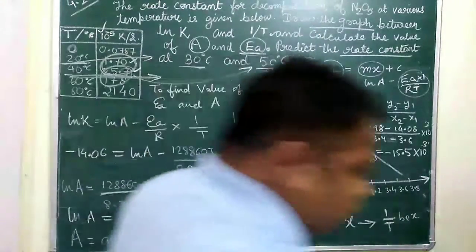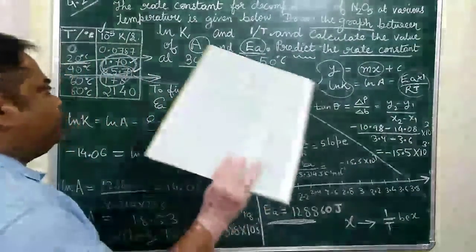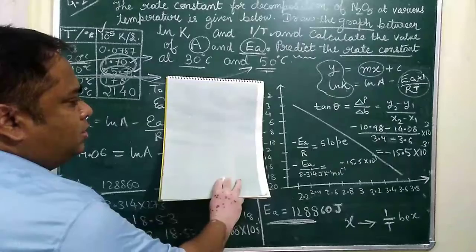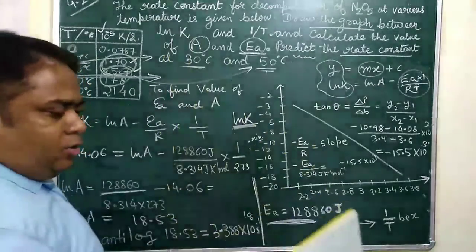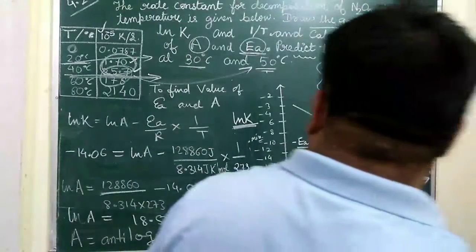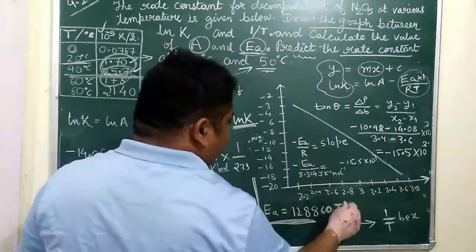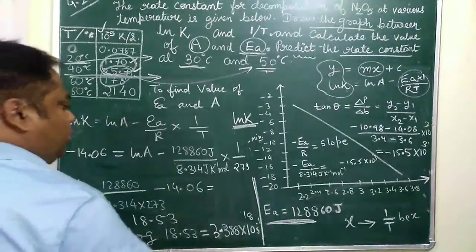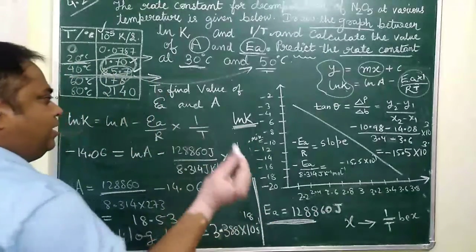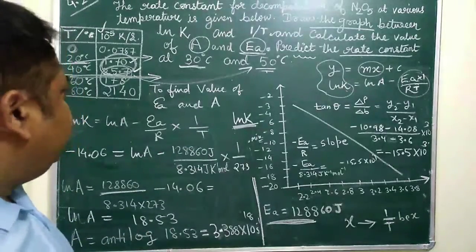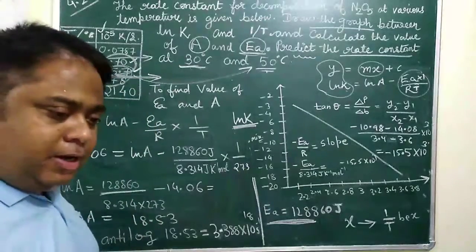Now it is not possible to draw this graph on the blackboard, so you can take this kind of graph paper and then you can draw this graph with proper scale, and then you will get the corresponding value of ln k at 30 degrees C somewhere here, and from ln k you can find out the value of k. That is one method, but the previous method of finding out the value of k very easily by interpreting this data itself is what I had told you in the beginning.